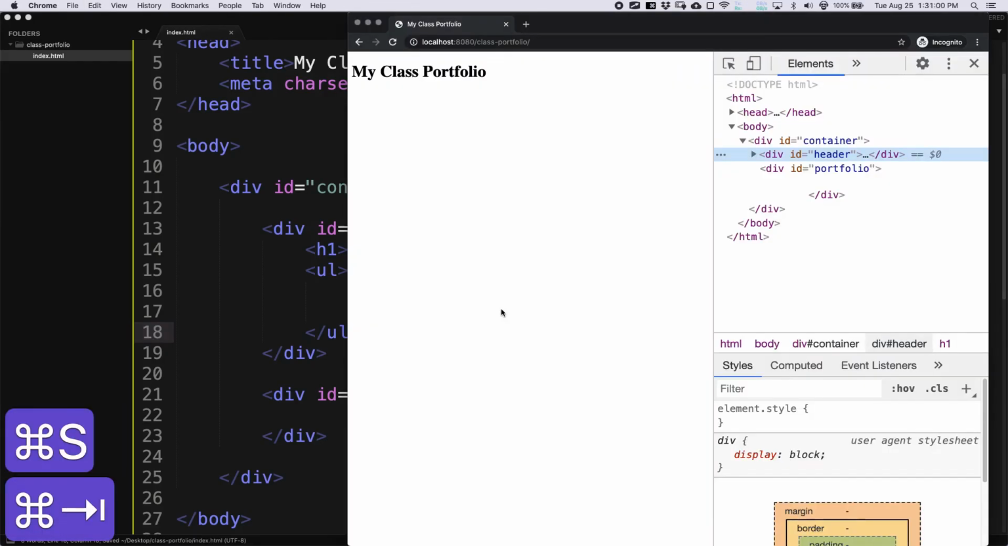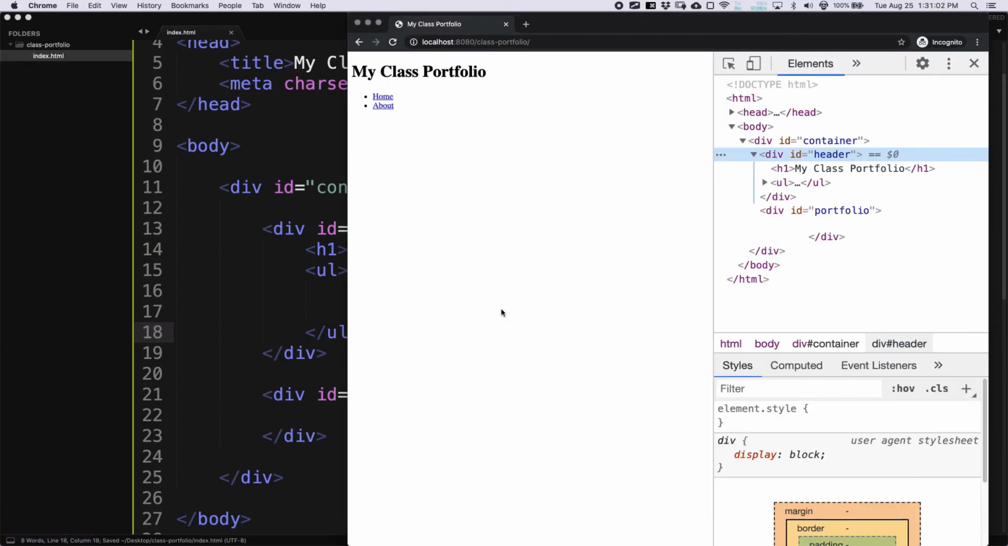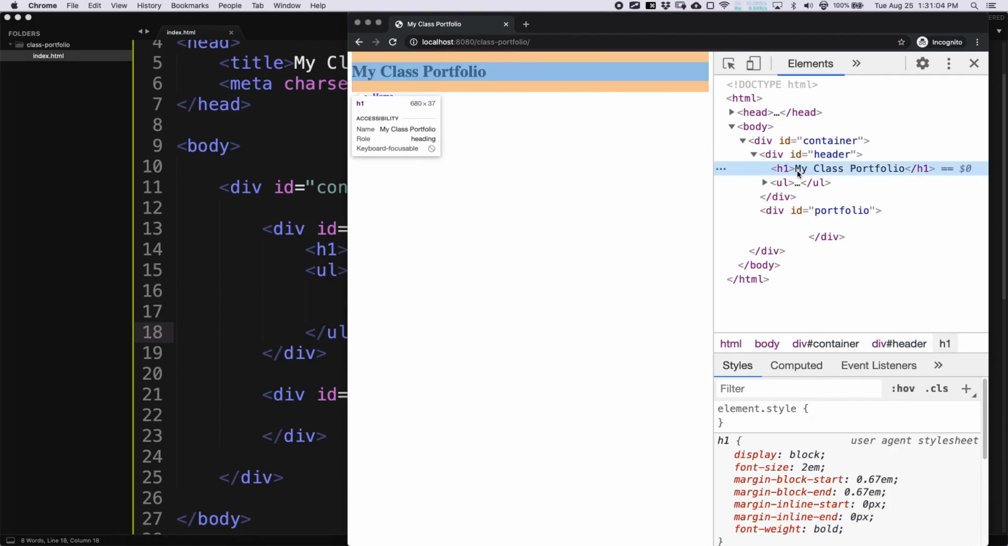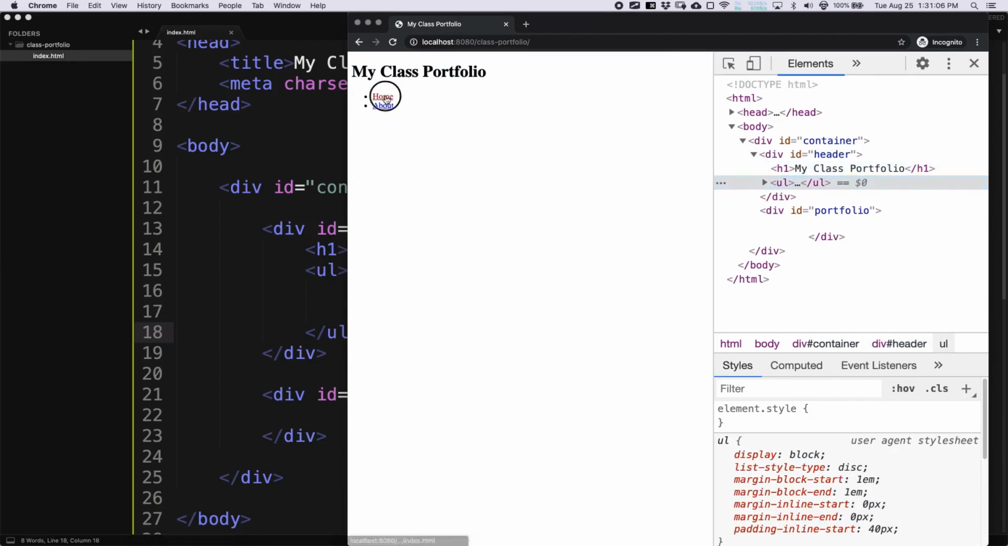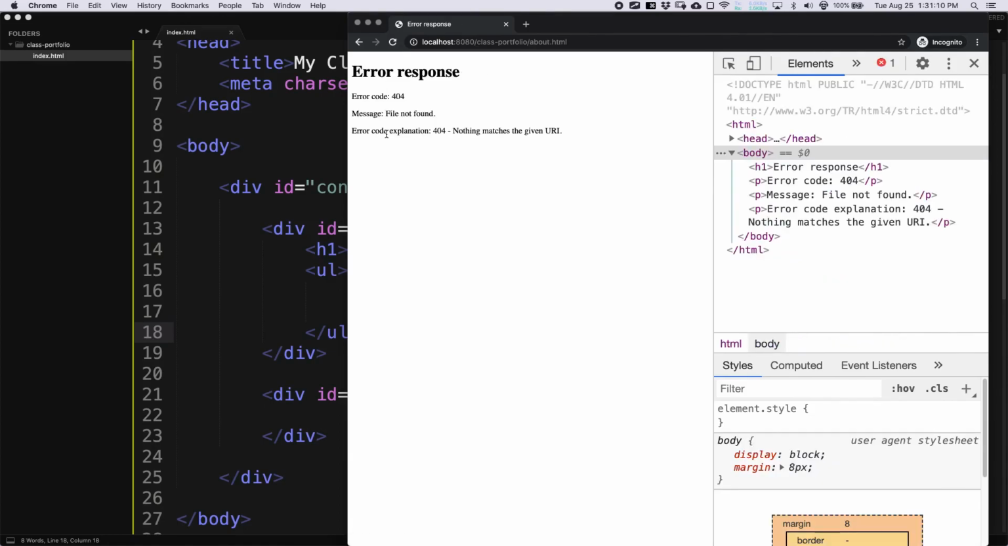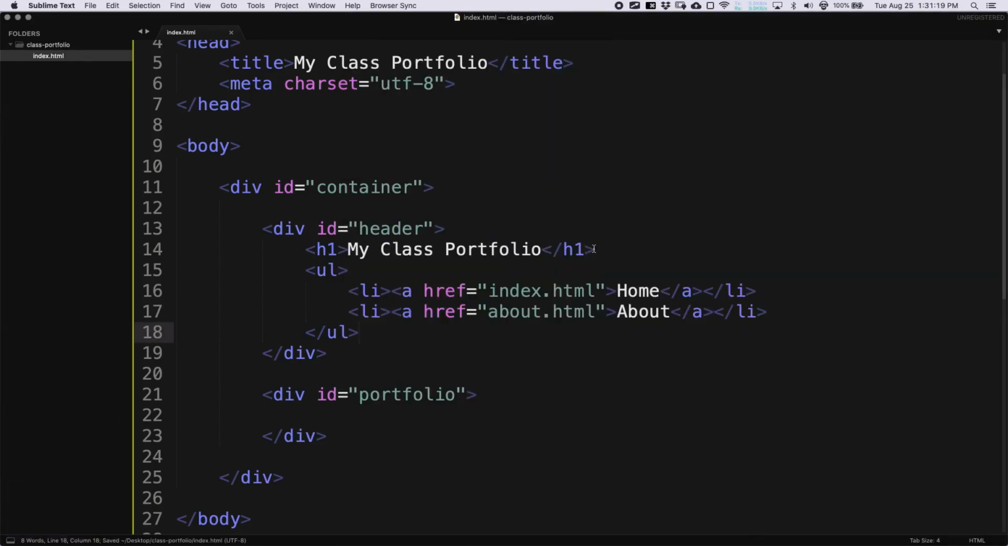So I'm going to save that and preview it. So here's my menu. Okay, so I have my class portfolio, that's the title, and here's the menu. If I click home, we're just on that page already. If we go to about, there is no about page yet, but we will create that shortly. Actually, let's do that right now, because it's not going to have a portfolio, so we're not going to need